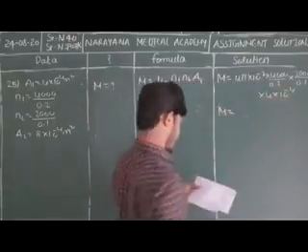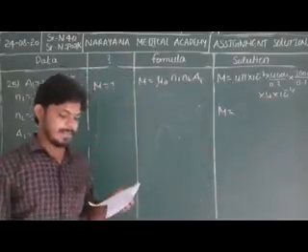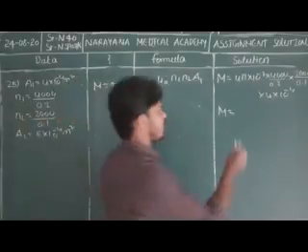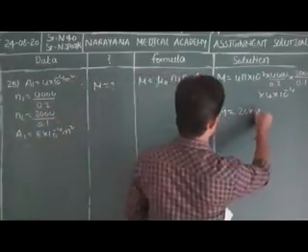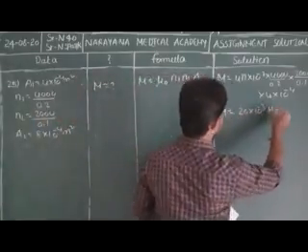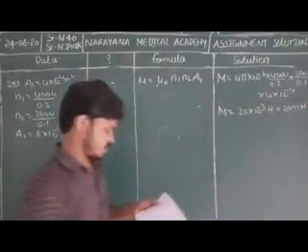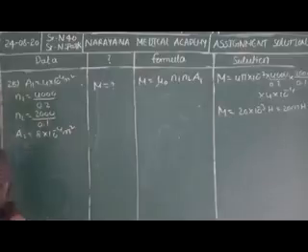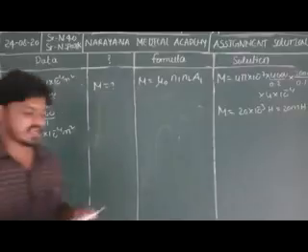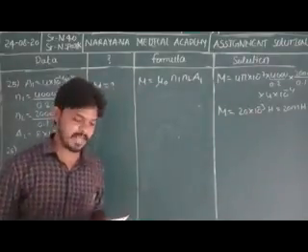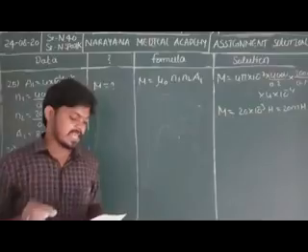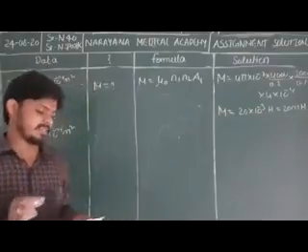So that is nothing but A2 is equal to 8 into 10 to the power of minus 4 meters square. So what is the question mark here? Find the mutual inductance of the system. So M is equal to question mark. We have a formula: M is equal to mu naught N1 into N2 into area of the inner solenoid. What is the inner solenoid here? A1. So N1 into N2 into A1.